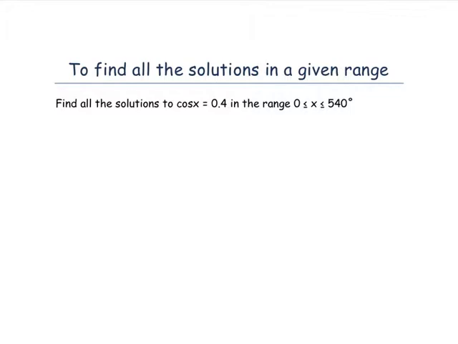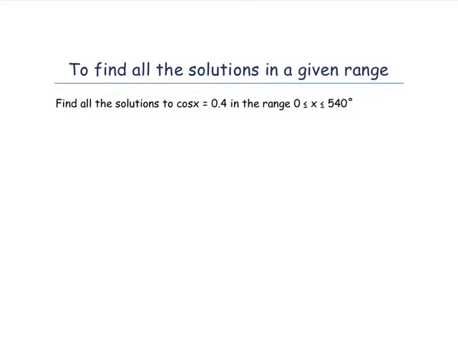There is the CAST method, which is found in your Core 2 book if you want to read through that, or the method that I'm going to show you in this video, which is using the trigonometric graphs to help you. Now we're asked to find all the solutions to cos x equals 0.4 in the range 0 to 540